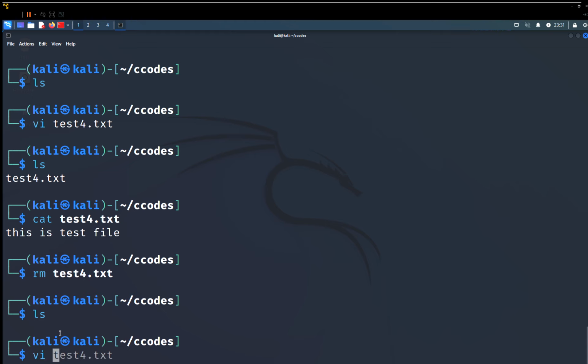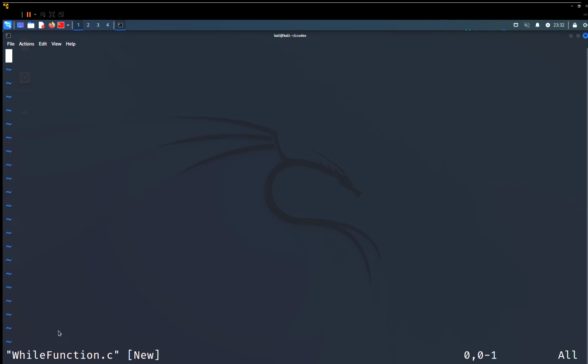So we'll just say vi, what's this one called? I'm just going to call it while function. Maybe I should capitalize it since it's a file name. So vi WhileFunction.c